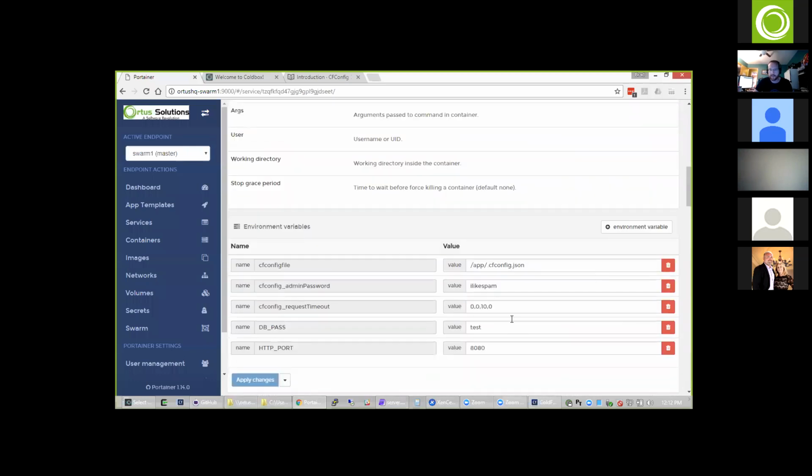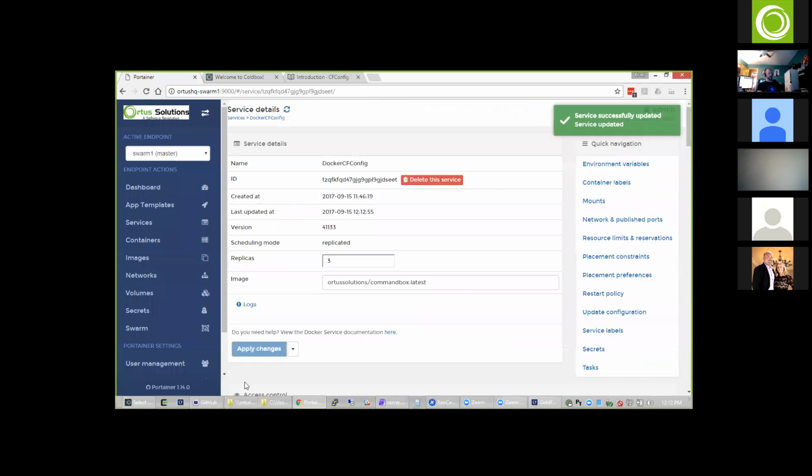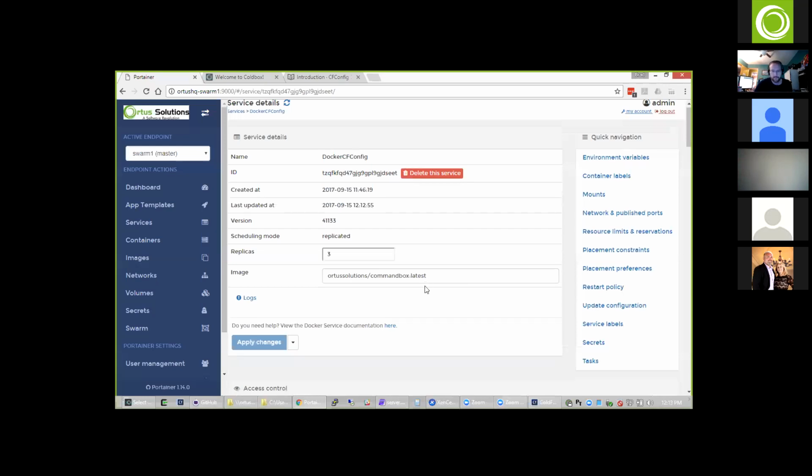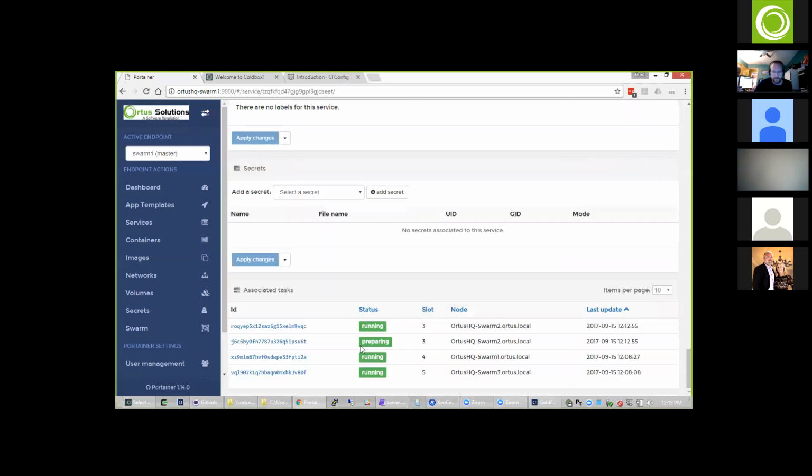What's actually interesting to think about is the fact that as Docker's swarm kills off my containers one at a time and brings them back up, it's going to be killing off Lucee containers and bringing up Adobe ColdFusion containers. So at some point in time, my site will be running on 1 Lucee server and 2 Adobe servers, or 2 Lucee servers and 1 Adobe server. What's cool about that is we don't really care, right? It's just an implementation detail. We have code, we have engine, we have configuration, and Docker assembles it in the back end. And that's pretty cool, I think. Pretty cool. So right here, you can see it's already going through